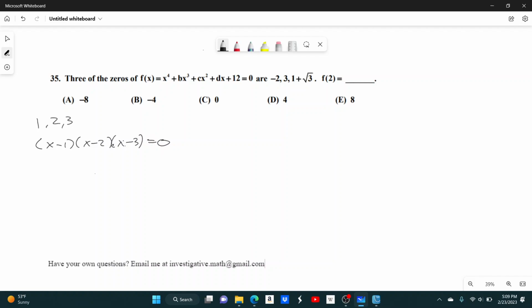So there are two ways you can do this. One, you can use the rule that if you have a square root as one of your roots, so here we have 1 + √3, you know that one of your other roots is 1 - √3. The other way you could have done it, and this is more applicable for, say, if this wasn't a square root,